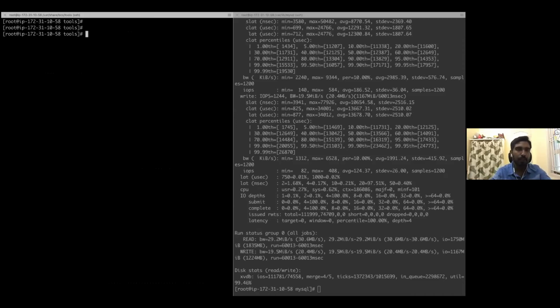Next, along with the CPU, you can track your run queue also. For example, run queue.